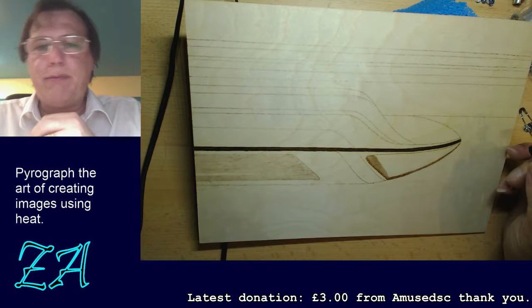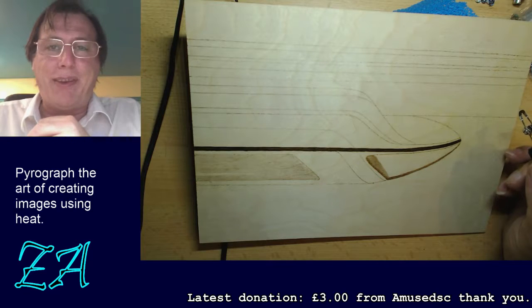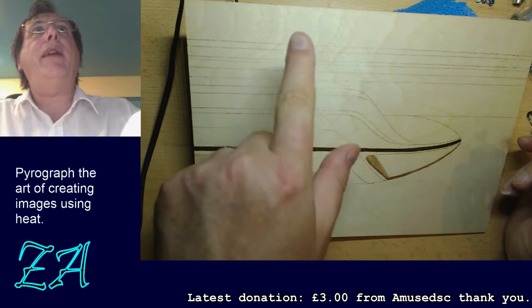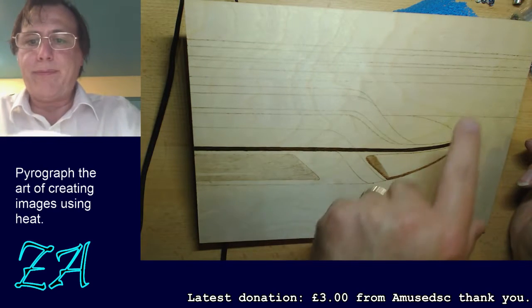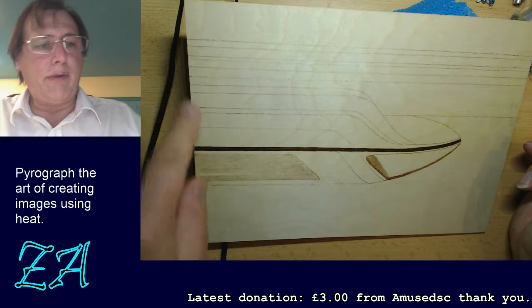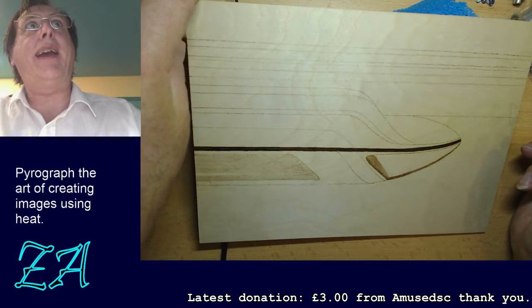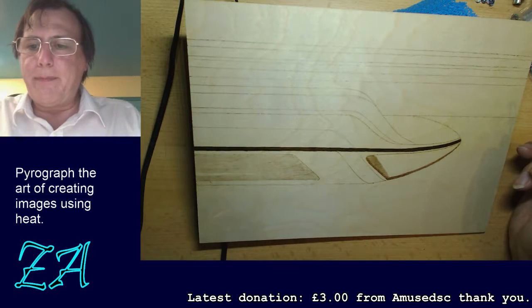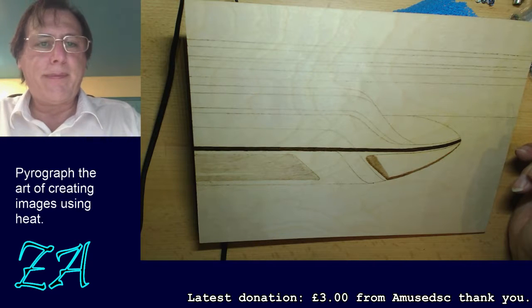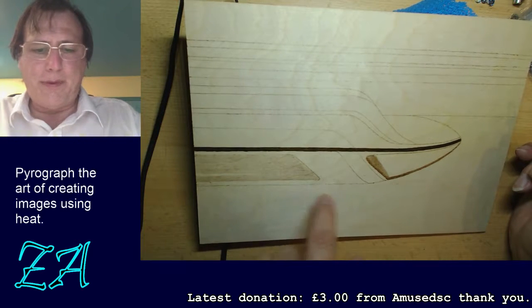Sometimes the grain of the wood helps a little bit, most of the time it doesn't, but you can see the grain, most of the grain here is sort of vertical. Roughly vertical. I think there's probably a tree branch came out just around about here, looking at the way the marks go, but essentially it's a vertical grain on this, which of course looks really weird because the actual wood marks are horizontal, but